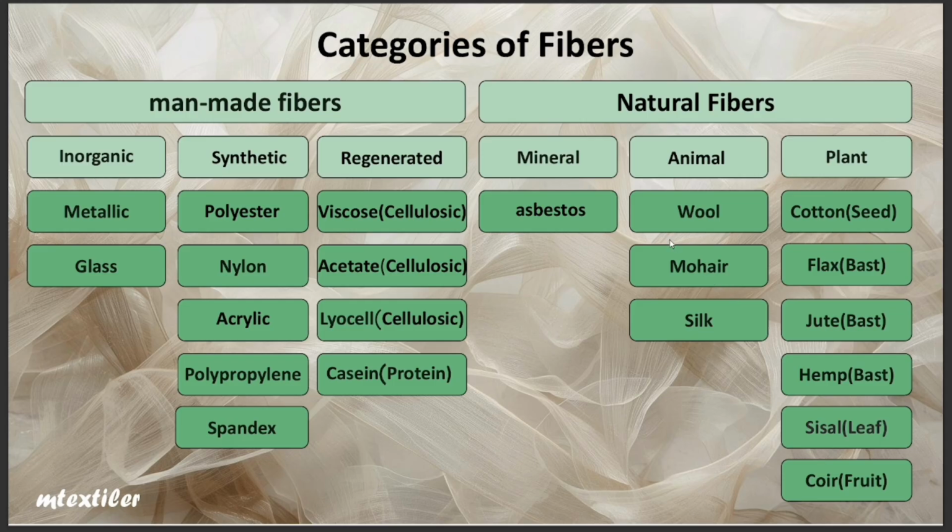Mineral fibers include asbestos, which has special industrial applications, though its use has declined in some countries due to health risks. In man-made fibers, we have the regenerated group, which come from natural origins. In later slides, we will cover the most common ones and examine their properties. Of note here is the protein fiber derived from milk, which can have therapeutic properties and has its own unique